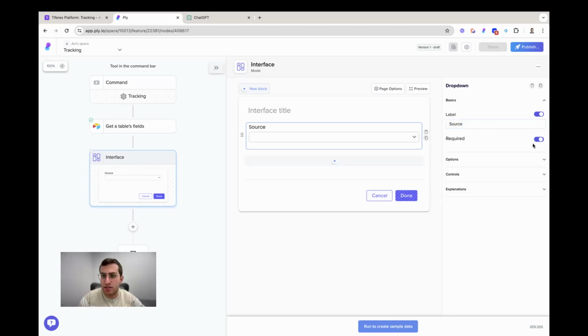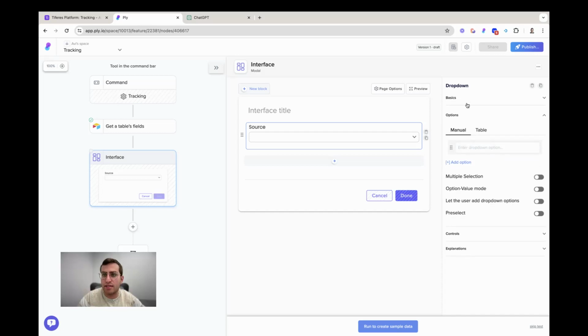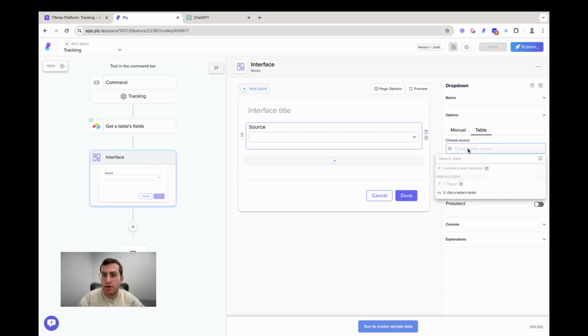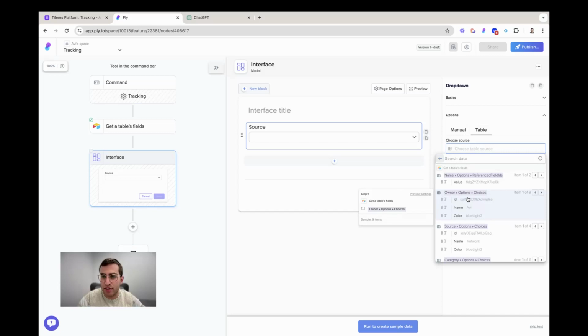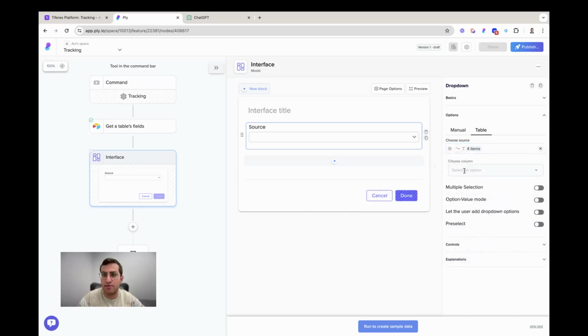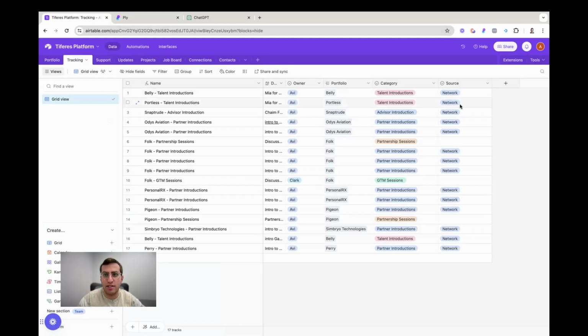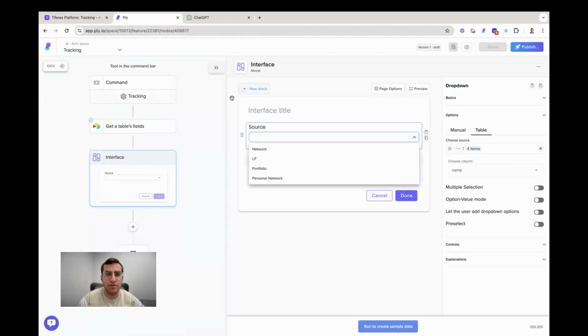I'm going to say this is required, and I'm going to go into table and get tables fields, and I'm going to find source as a field, and I'm going to put the name, and that shows me the source. So if I go back here, source, those are the options. And as I add new options in Airtable, those options get added over here because again, it's live pulling the